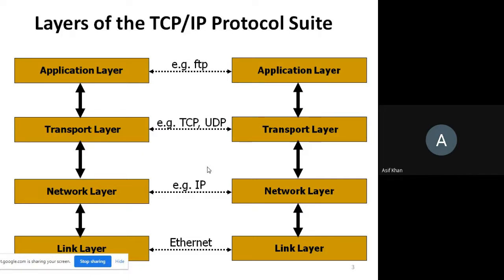Before going to socket programming, you must know the TCP/IP model. In fact, we have already discussed the TCP/IP model in theory class. Actually 4 layers are there, but we can also say 5 layers when we are comparing with the OSI model. Here 4 layers are shown for the TCP/IP model. Suppose we have a computer here, and on this side we have another computer. They are using these layers, and these layers have protocols. Protocols are used for communication.